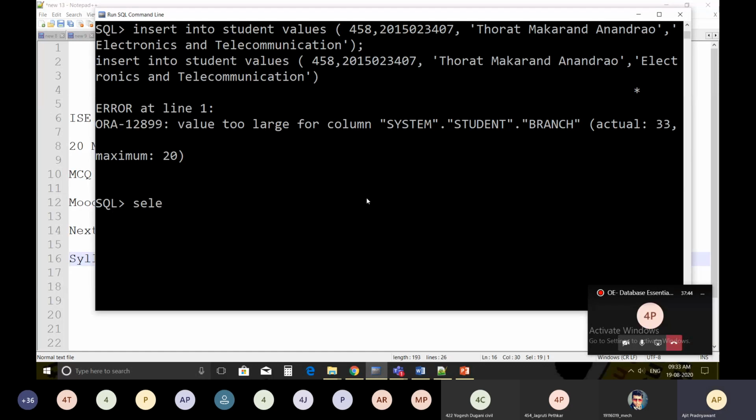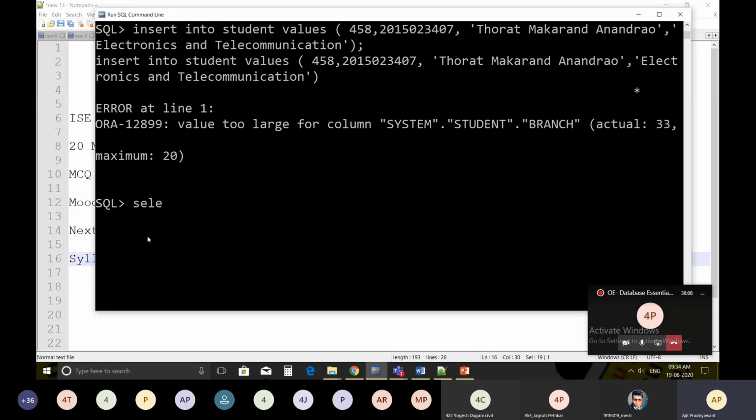I have already installed and opened it. How to install and open it, if you just Google, you will get the idea. I'm going to execute the queries so that you get the idea of how to query over the database.